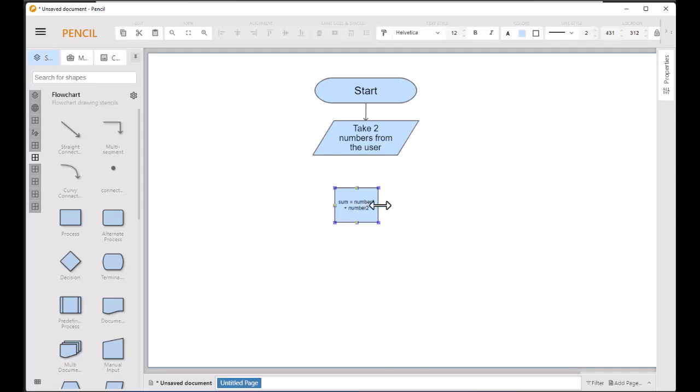Now even though I wrote it this way, you could write it differently, like calculate the sum and store it in variable sum. So it's really up to you how to write it. I would just keep it like this. It is very logical. Now I need another process